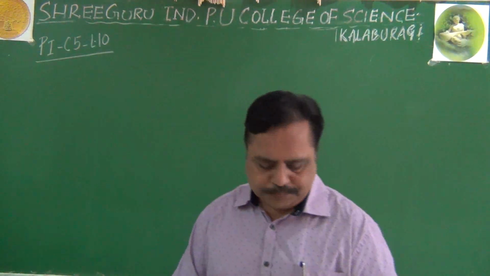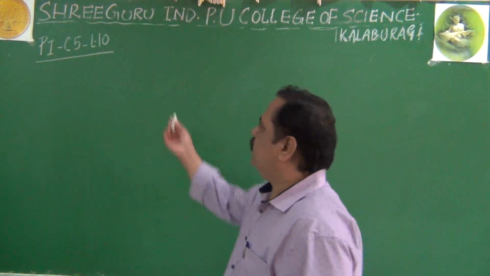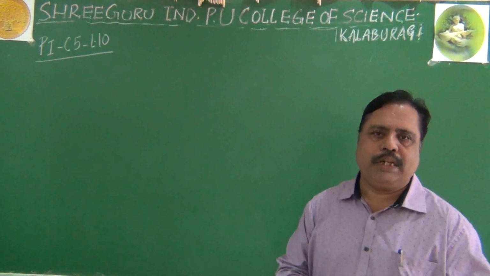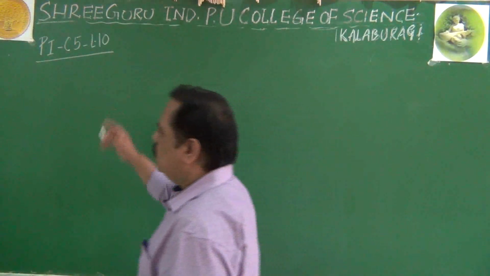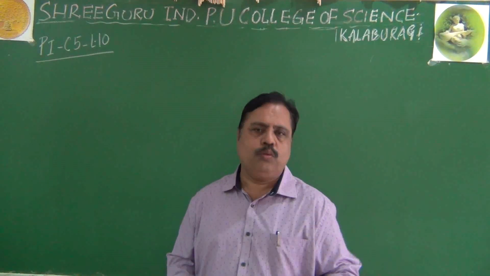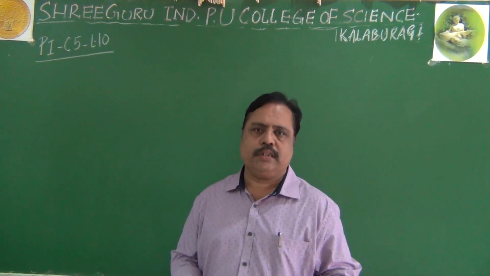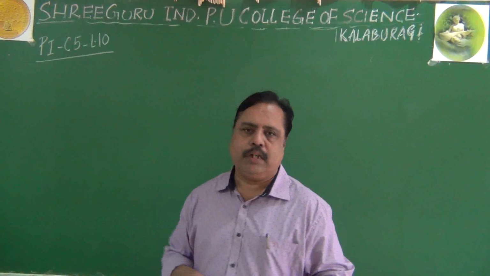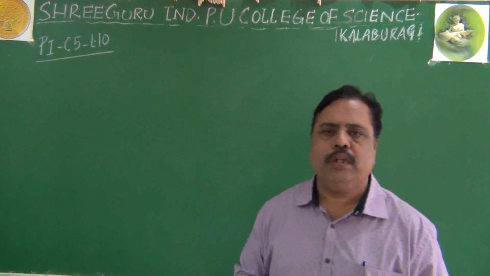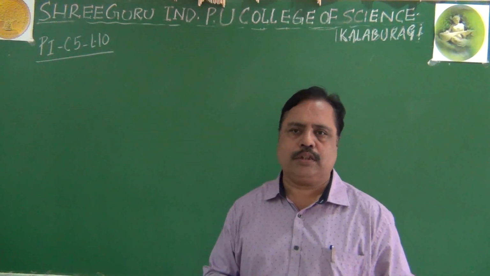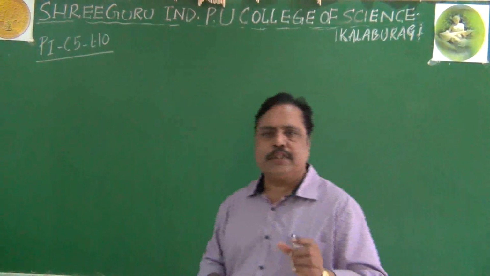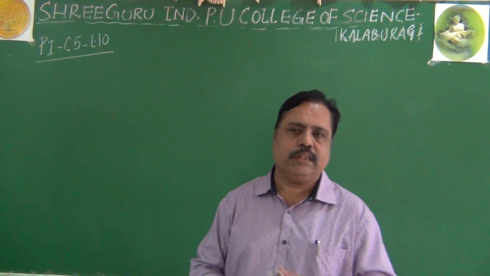Hello students, this is lecture number 10 in morphology of flowering plants. So in the angiosperms, we saw about root, their modifications, stem and their modification. Even in the previous class, I was telling you about leaf and leaf modification also. Leaf can undergo several modifications in addition to photosynthesis.